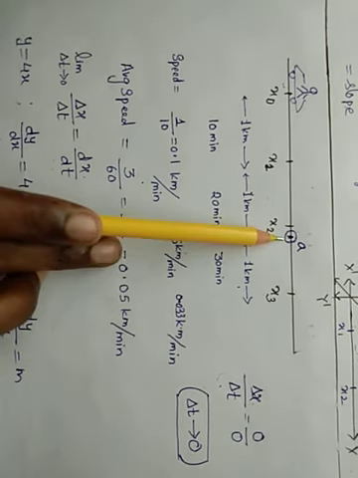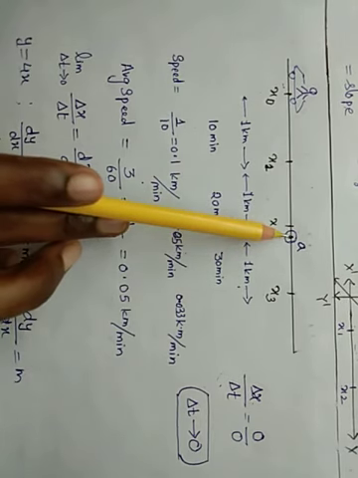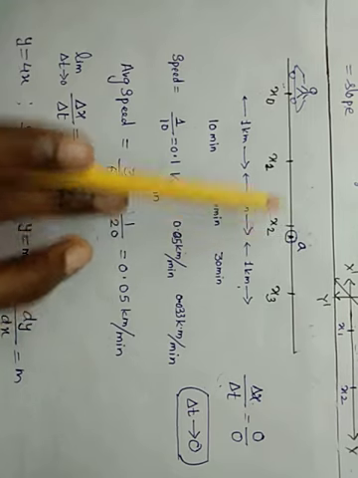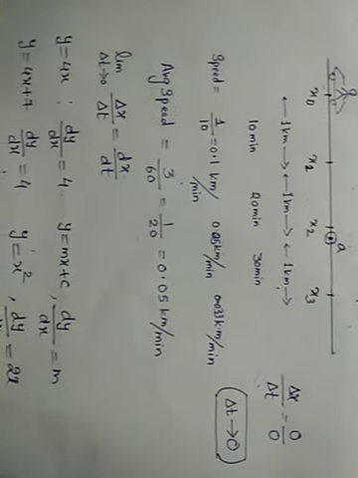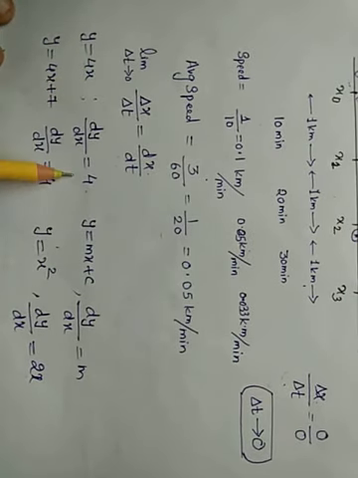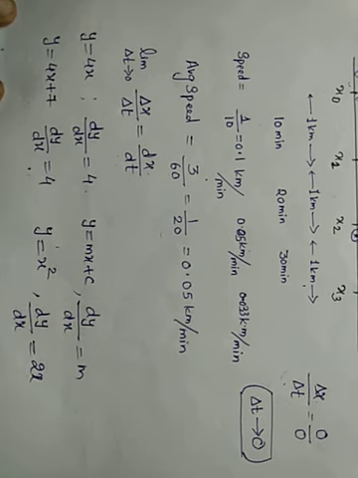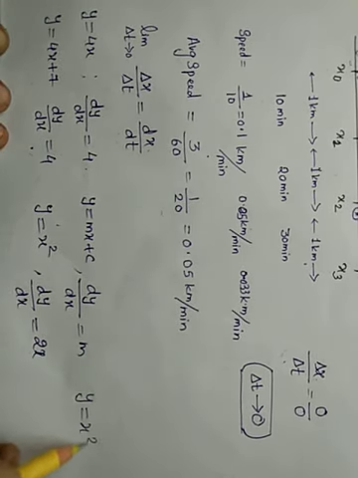This was the speed. When I substitute the value a over here, I will get the instantaneous speed, the speed at which he was driving when he made an accident. Then we took this example, when y equal to 4x, dy by dx is 4. Here also, in general, when it is a straight line we get a constant rate of change of y with respect to x. We took the example of y equal to x square. You try for y equal to x cube. This is homework I am giving to you.